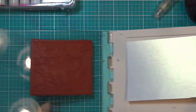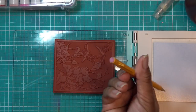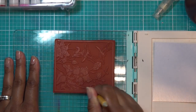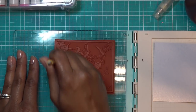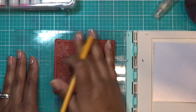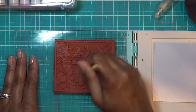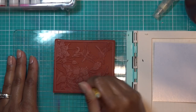So to start off, since I told you guys this tip that Lisa showed. This is just a rubber eraser, pink eraser. If you have the pink pearl, like those big ones, just do that. Just in case there's some, not stickiness, because it's not sticky, but it's just so soft, slick, basically. And we want our markers to really stick to that. So I'm just going across. It's usually the larger areas. The little thin areas are usually okay, but since I had that little hiccup yesterday, I'd rather prepare